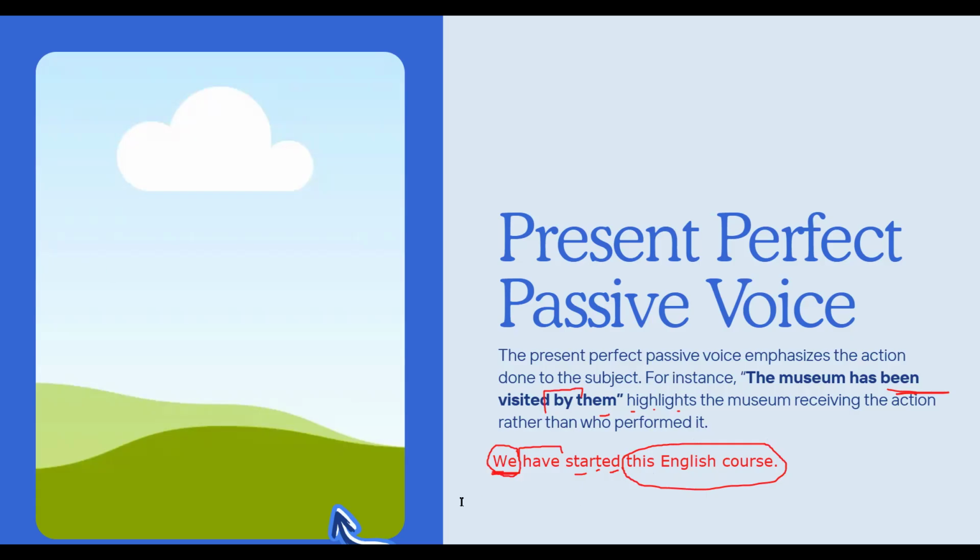It is transformation practice. This English course has been started. Optional, by us. It's an option